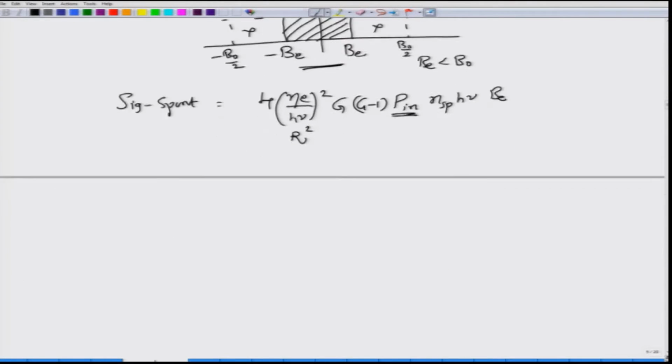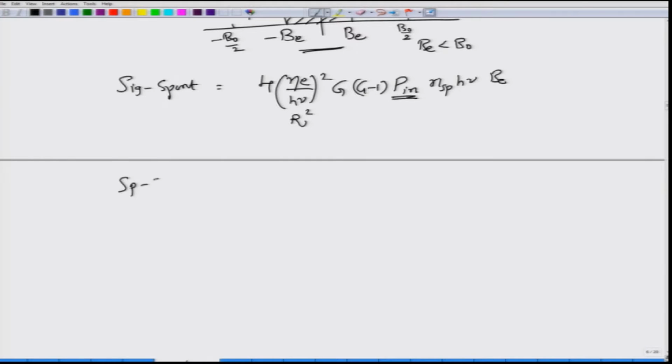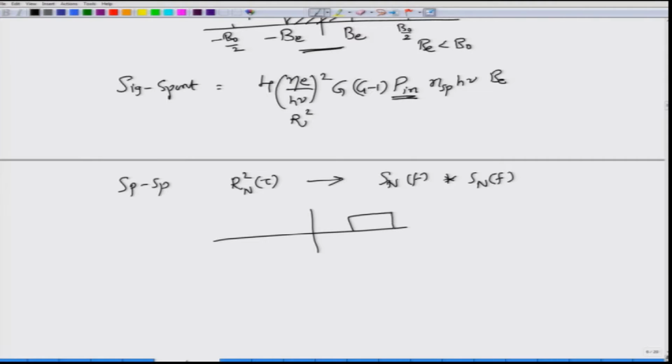The spontaneous-spontaneous noise process is slightly interesting and slightly more tedious to evaluate. You see that this will have an Rn square of tau. If you look at the power spectral density, this turns out to be the convolution of Sn with itself, and you actually have rectangular shapes for the power spectral density. When you convolve this with itself, what you are going to get is a triangular shape. You can do this for yourself. The width gets extended from B0 to 2 B0, from B0 to minus B0,